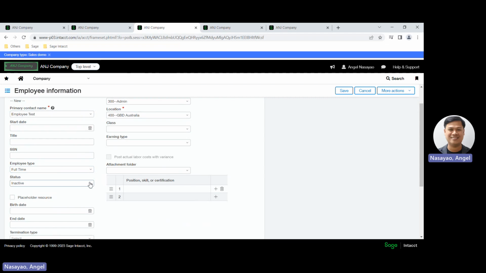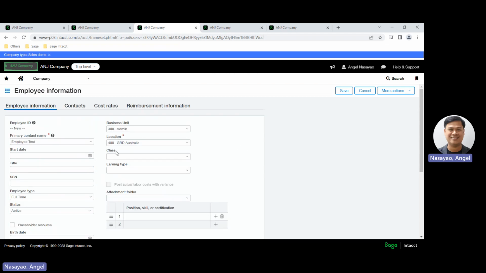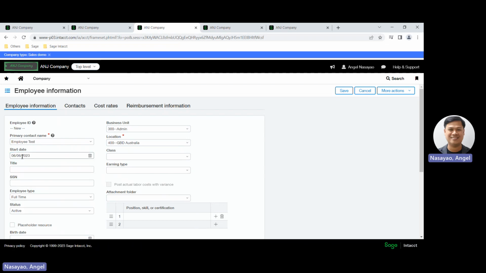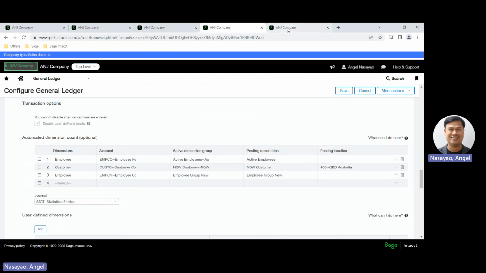And status, so I would like to make it active, right, because it's a new one. So assuming that, yep, I have to fill out the start date as well. So in my case, for demo purposes, I'll just make it the 6th of the 6th. I think everything is there, we'll not fill out the other fields, just to give you basic information on the employee record, and see what will happen to the